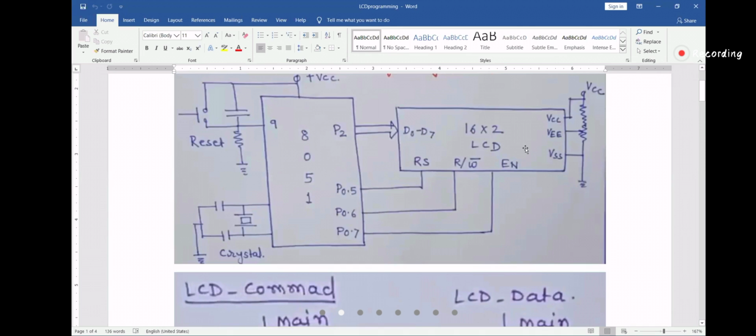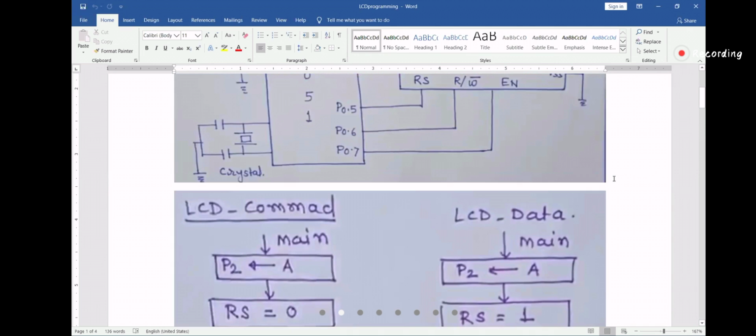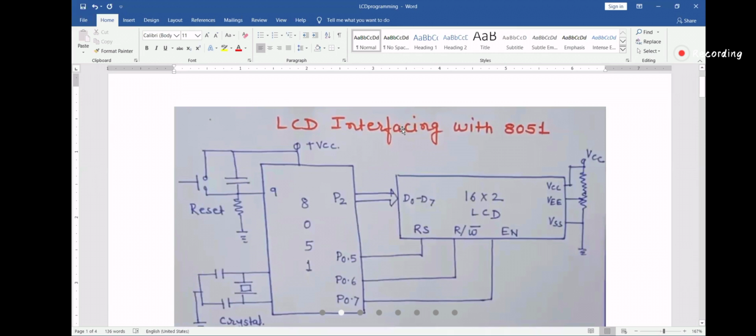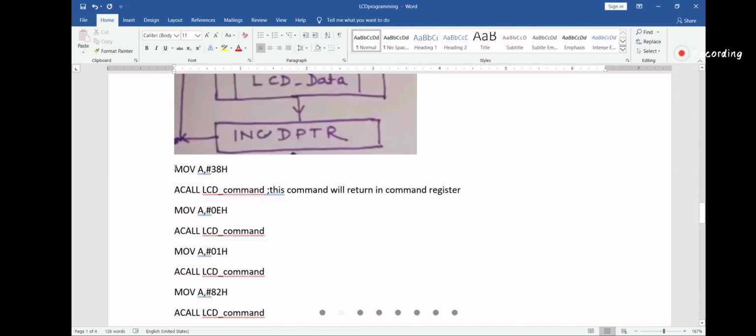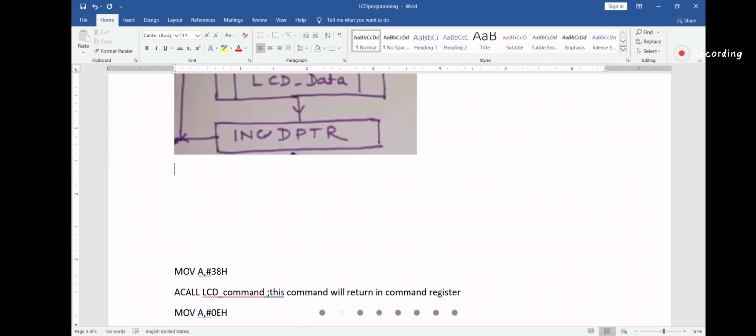Now I'll give one question here. Suppose this is the question: write an assembly language program to display the string Ganesh on the first row of the LCD.